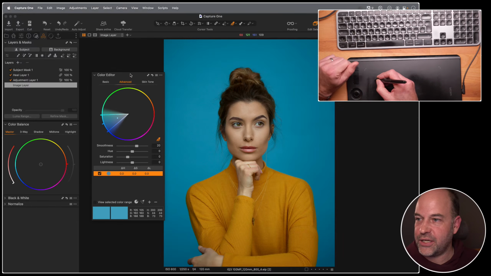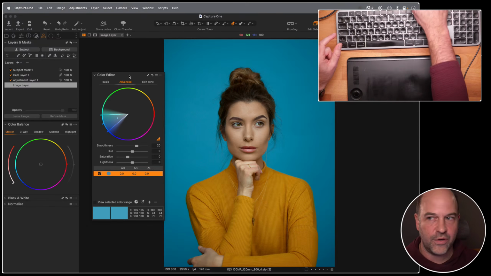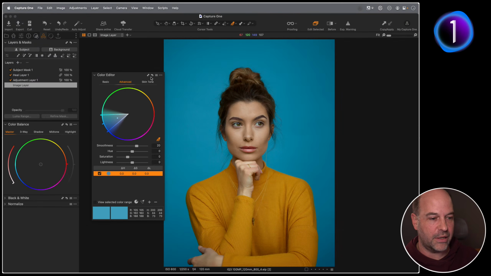Awesome, it's a really handy feature and good to know that it's there. On the PC, it's slightly different, but if you hover over your reset button, you'll see it. So RDM, there we go.